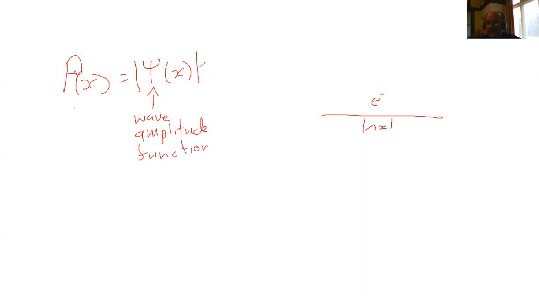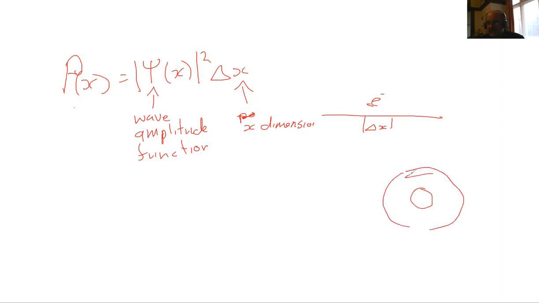And we're going to square that, and we're going to multiply it by the size of the position. And that basically tells us our position, or x dimension, that tells us what the probability is of the electron being between this point and this point. And usually we work out a 95% probability. So if we've got the atom there, we can say that the electron is somewhere in a cloud in there with a 95% probability. It could also be out here or up here. It could be in orbit around Alpha Centauri. But that's what that tells us.